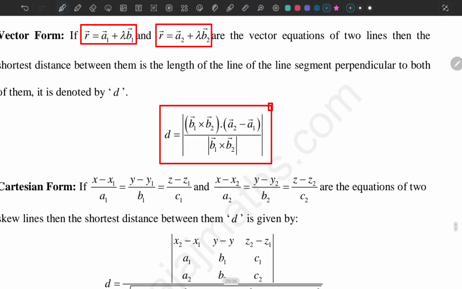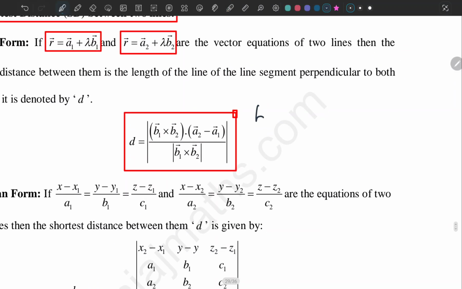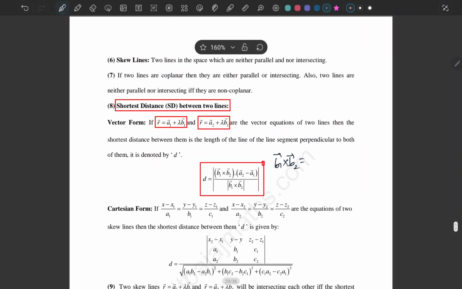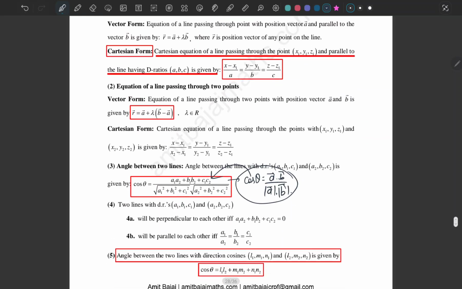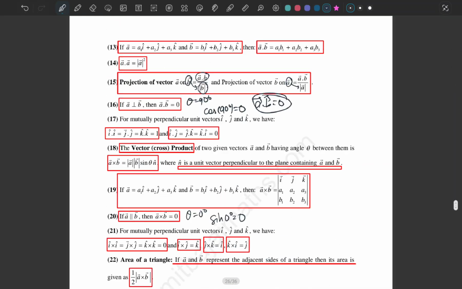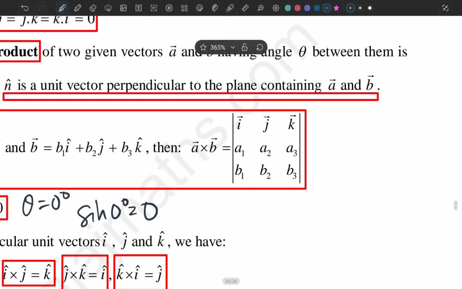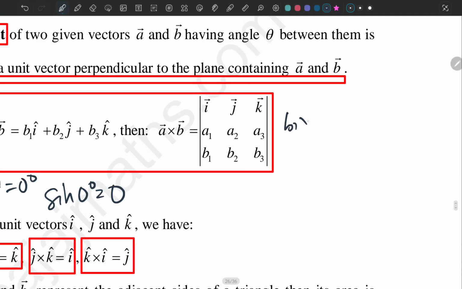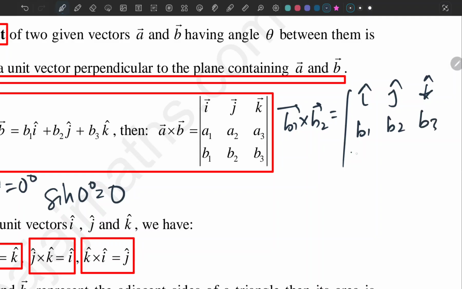And the major part is to calculate b1 cross b2. That's it. So this is what we have to do. And how we're going to do that, as I told you in the previous chapter: b1 cross b2 is the determinant of i cap, j cap, k cap times b1, b2, b3, and